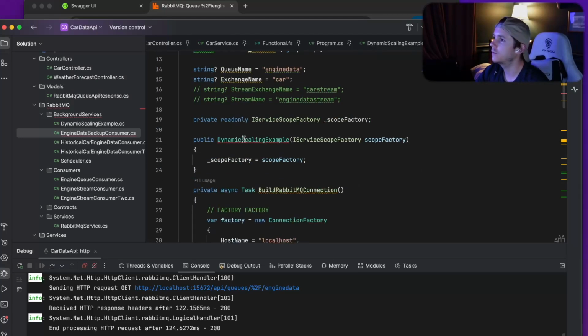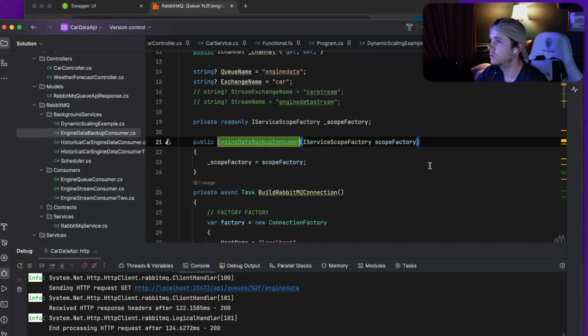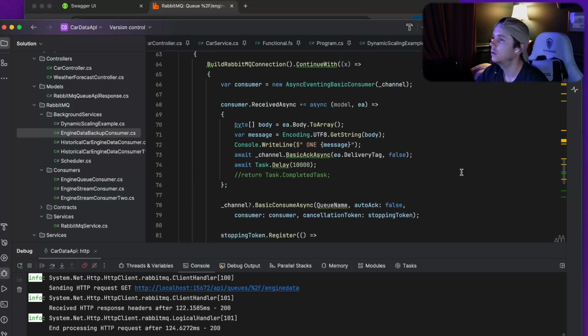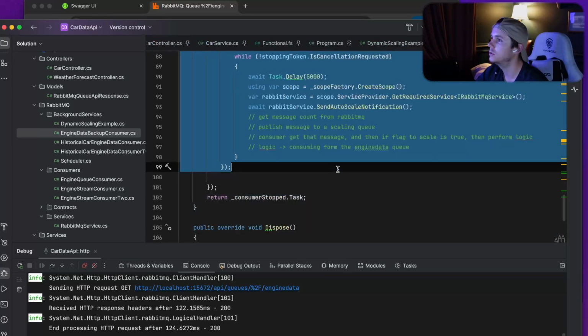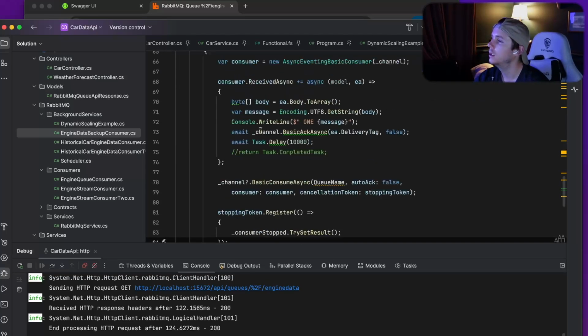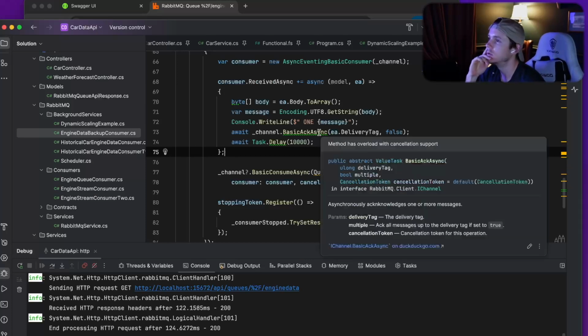All right, so I have my engine data backup consumer defined. It's going to connect to that queue. It's going to do literally all the same stuff. I probably don't want to have a running background task right now, so I'm going to delete that because I don't need it. I just need to consume from that queue. And I am going to still delay because I don't want to consume all the data from my queue immediately. So I'm going to acknowledge it, and